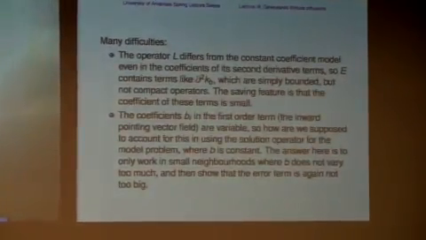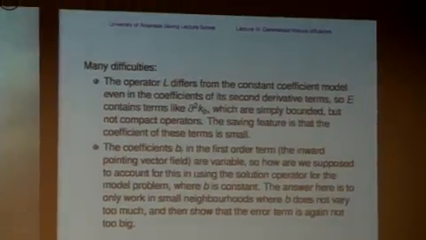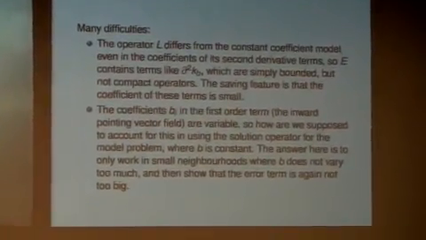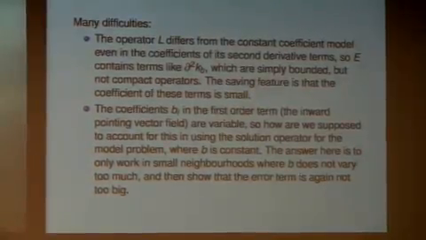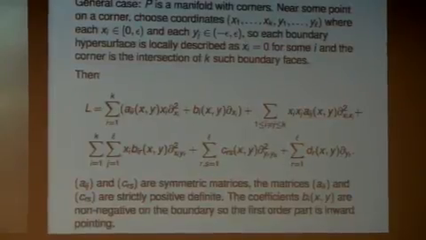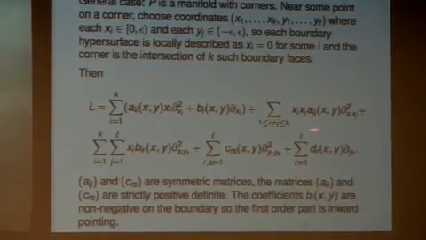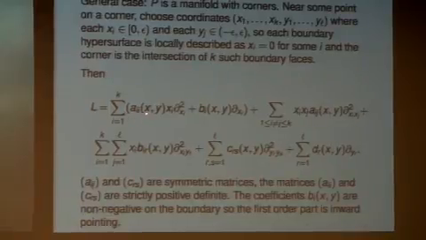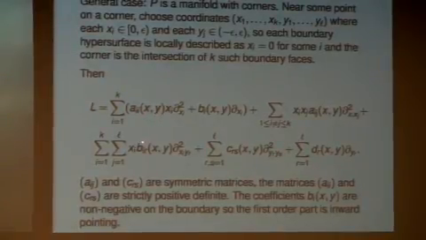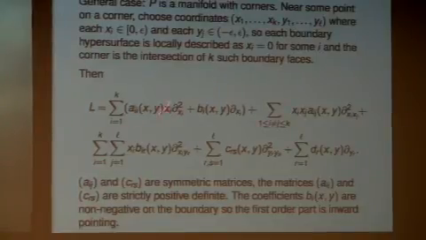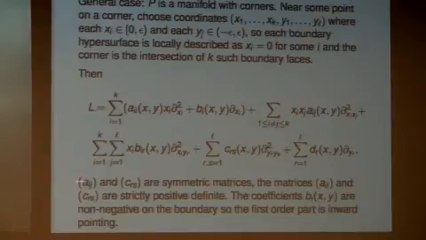So the first is that the operator L, if I look at how it differs from the constant coefficient model, there are second order perturbation terms. If you forgive me for going back one more time, here's this operator, but here's the model operator part. Here are some of the terms that deviate. First of all, I have to look at what happens when I look at the difference between AII(x,y) minus AII(0,y). That's not too bad because it has an extra order of vanishing. But then I have these second order derivatives, okay, and so on.